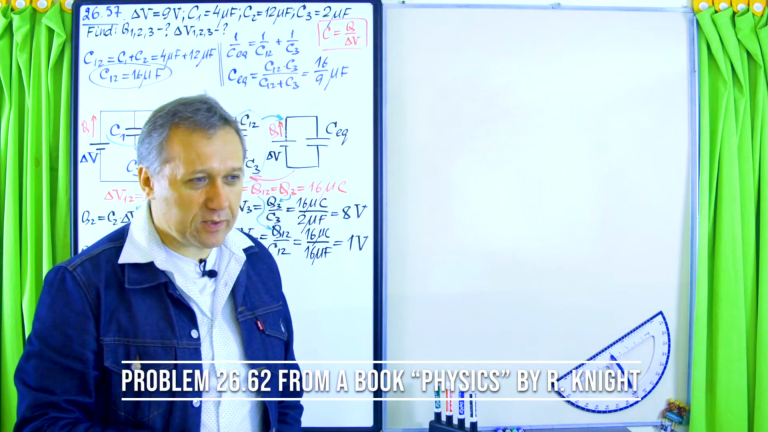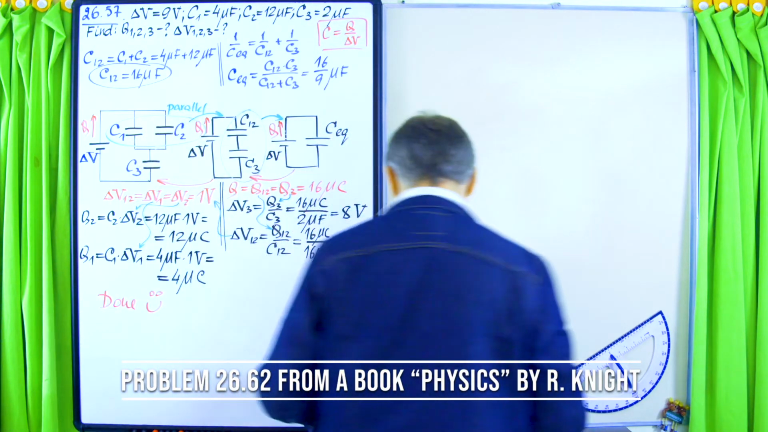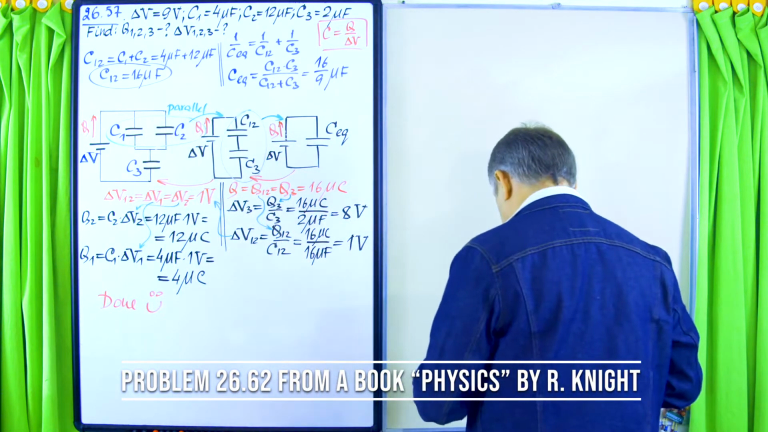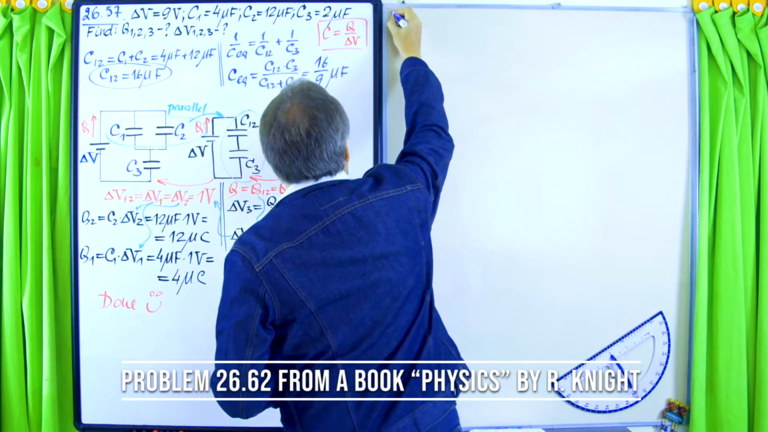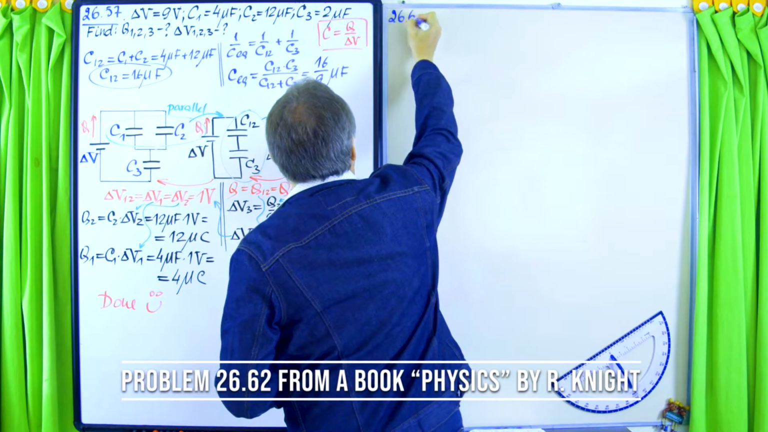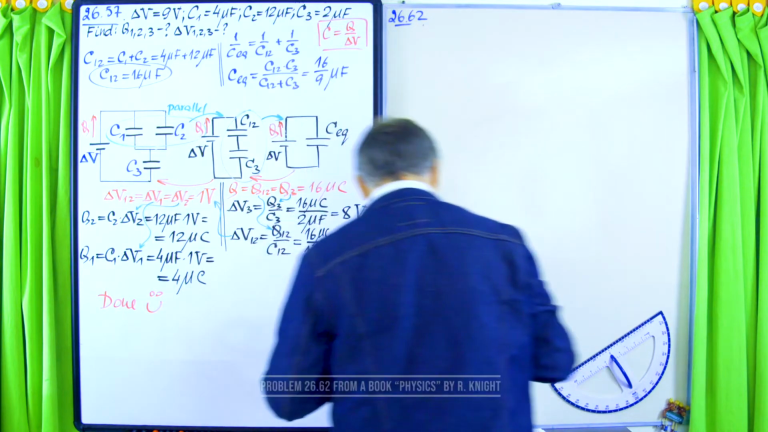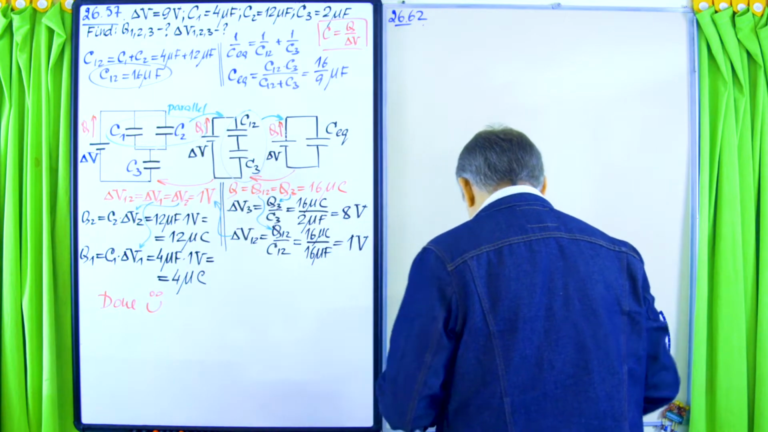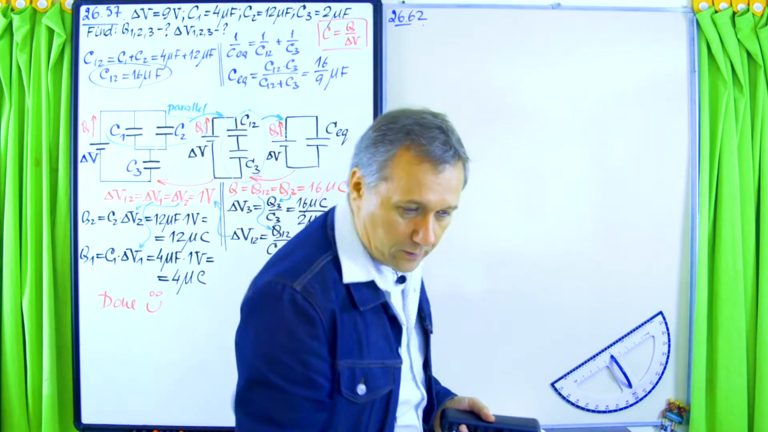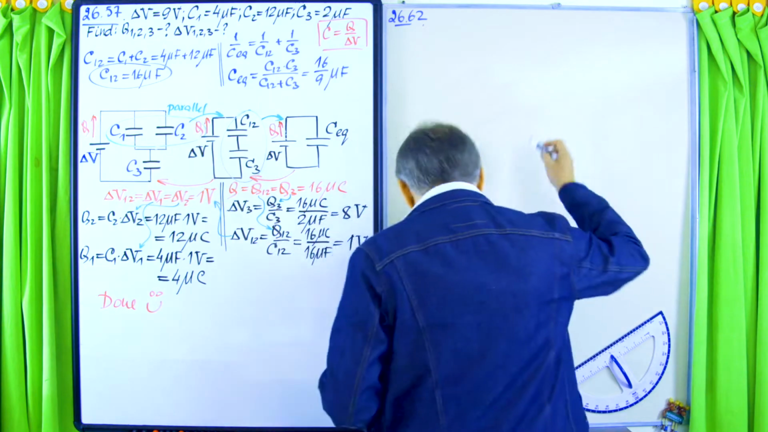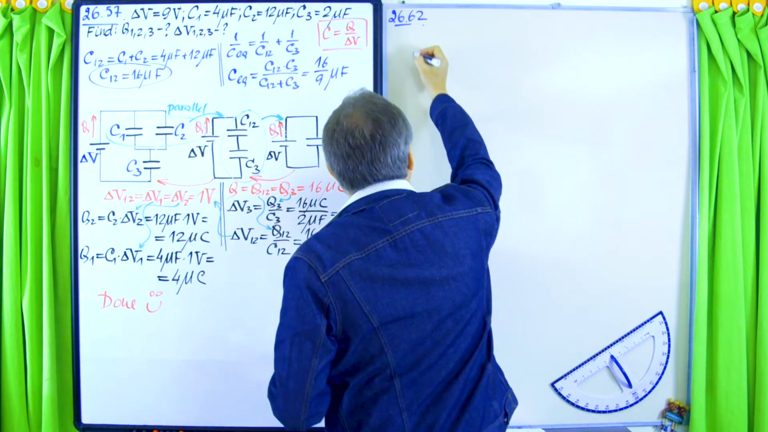So the next problem is 62. This is easier. 2662. So what do we have here? Again, simple circuit. Okay, reasonably simple circuit. Okay, so we have a battery